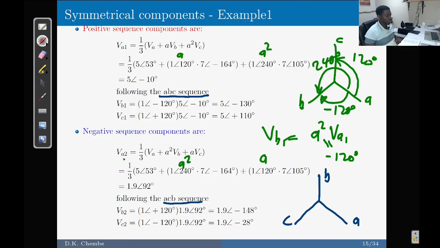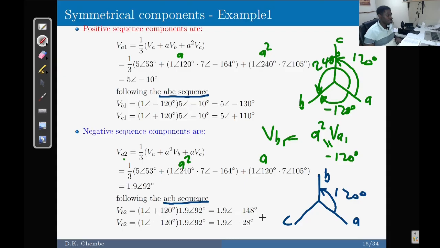In the ACB sequence, for the second variable VB2, you simply have plus 120 degrees to get to B, and you multiply that by VA2 to get our solution to be 1.9 at angle minus